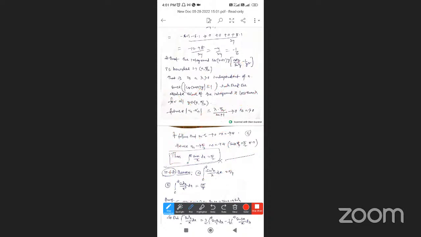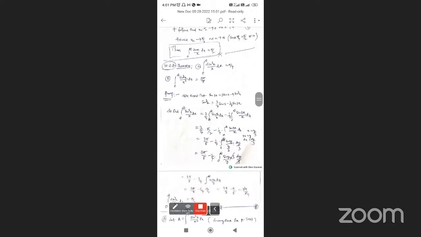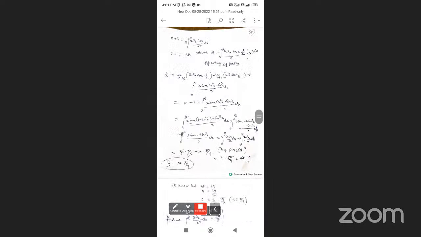What is the value? Integral from 0 to infinity of sin x by x dx is equal to what? Pi by 2. That is the answer, the main concept. You can make use of this property. Okay, now next is